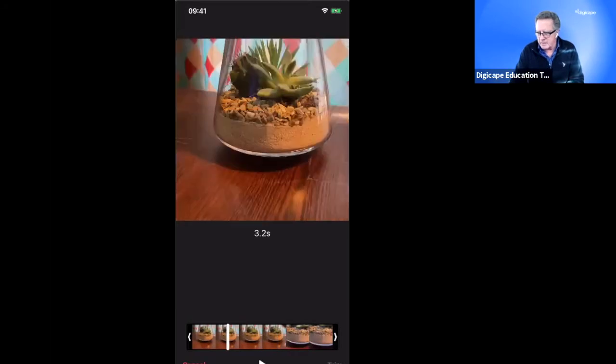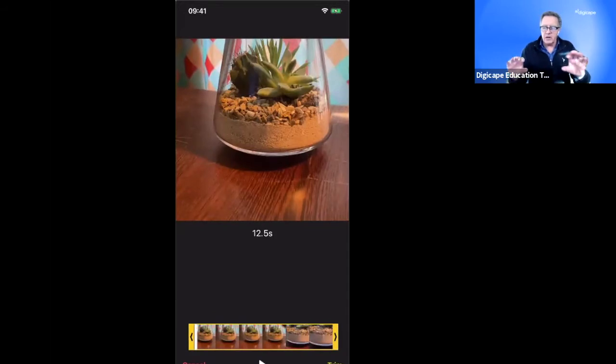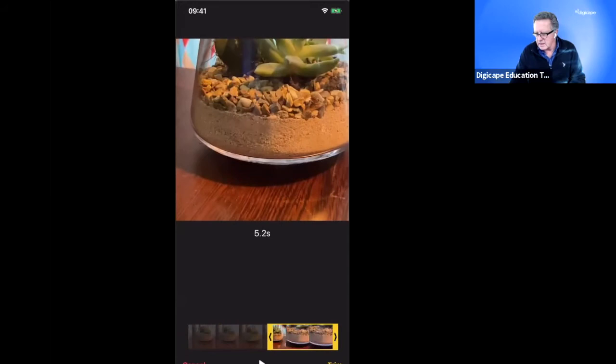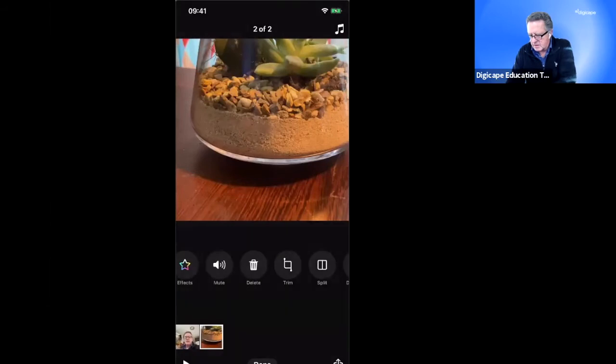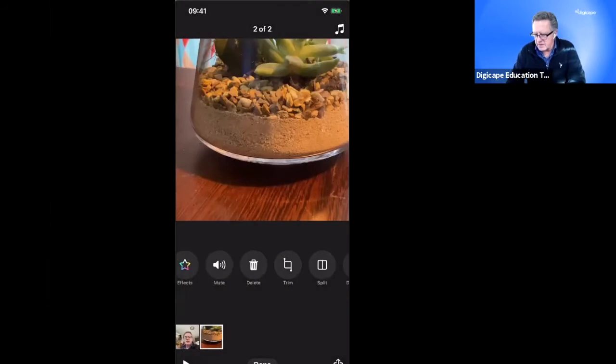So I'm going to tap on the beginning of that timeline. And you can see I now get this yellow rectangle around the outside with the left and right arrows. I can now pull the trim into the beginning and start there. And now I've got a much shorter clip. If I tap trim in the bottom right-hand corner, so I'm on a really awkward little stand on my iPhone at the moment, I now have that clip, and if I tap play on that clip,